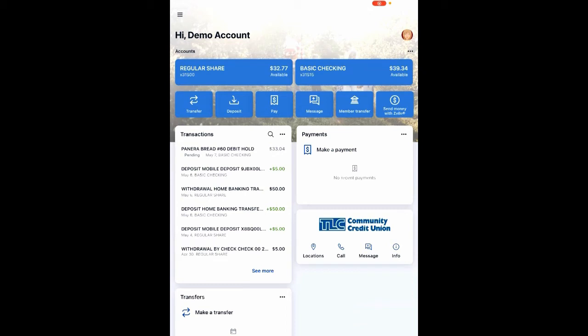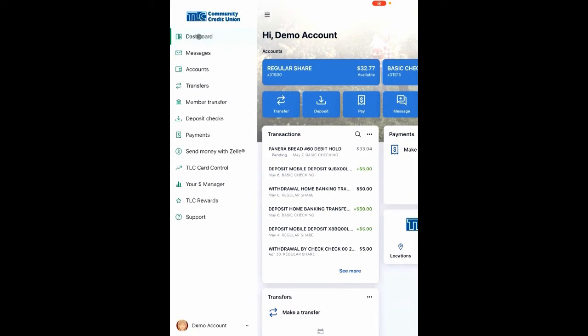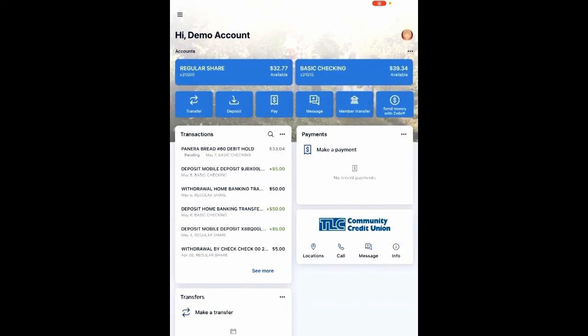The 3 bars in the left-hand corner is going to be what we would call your menu bar. So it has all your menu options listed, as well as it did with the online banking portion. When in doubt, if you're playing around and you don't know where you are, always just go back to your menu selection and hit dashboard. It's going to bring you up to your dashboard, which is shown, you'll see